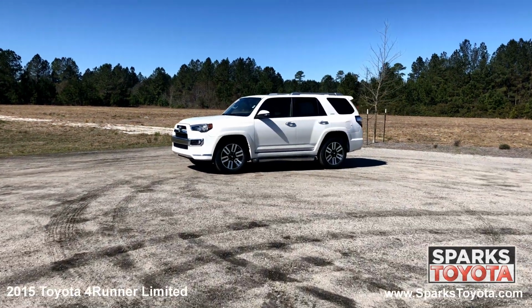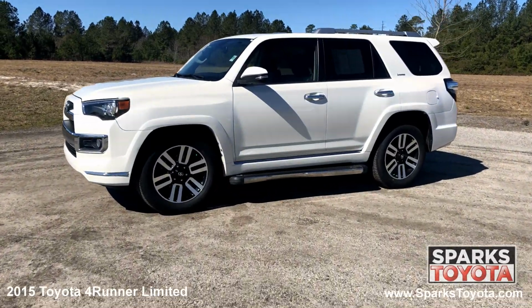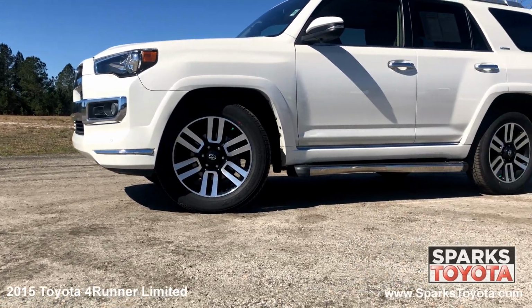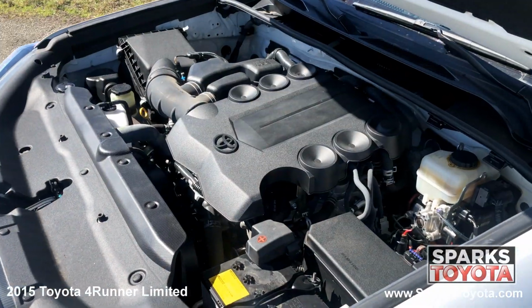It has only one previous owner and comes with power heated mirrors with signals, step rails, roof rails, deep tinted glass, and much more. 20-inch unique dual 6-spoke alloy wheels, mud and snow tires, fully automatic projector beam halogen daytime running headlamps with delay off, and a strong 6-cylinder with only